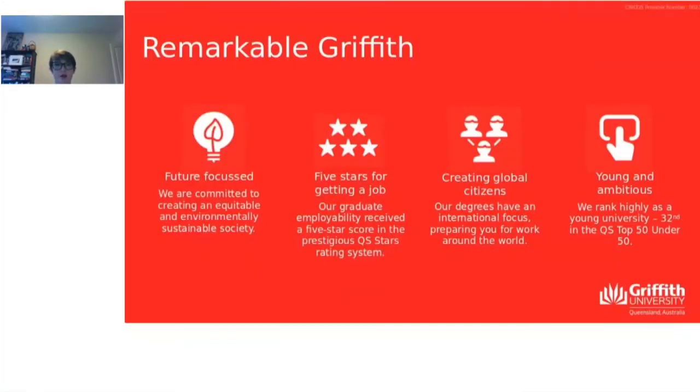The other thing about Griffith that's particularly important to point out, in regards to the stars there in the middle of the slide, is that we have a 5-star rating for employability amongst our graduates. That's really important for Griffith. Right across our programs, you will see that there is work integrated learning built in. And certainly, for programs like medicine, there are lots of opportunities to undertake clinical rotations